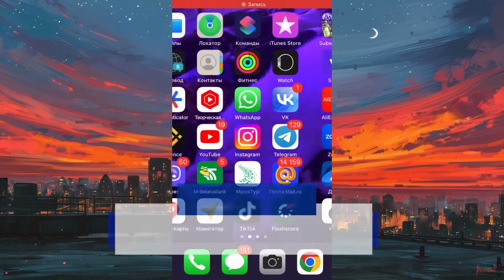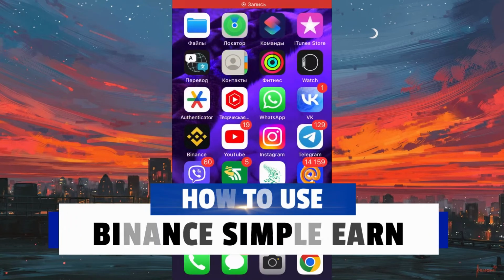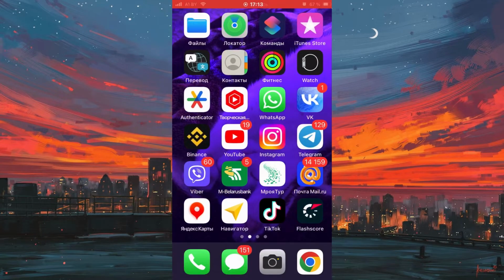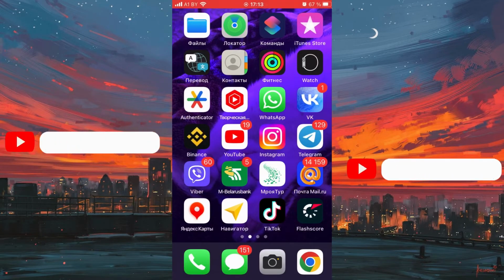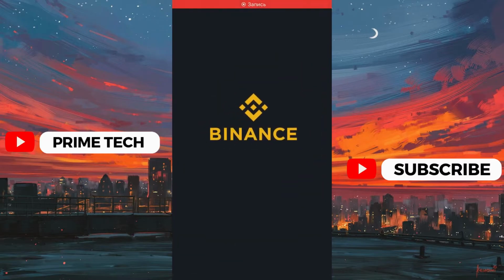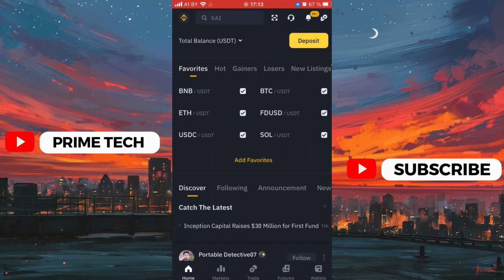Hello everyone, in this video I will show you how to use Binance Simple Earn. Basically it's pretty easy, just follow the steps I do to not make any mistakes. So all we need is to open Binance, next click on the icon in the upper left corner of the screen